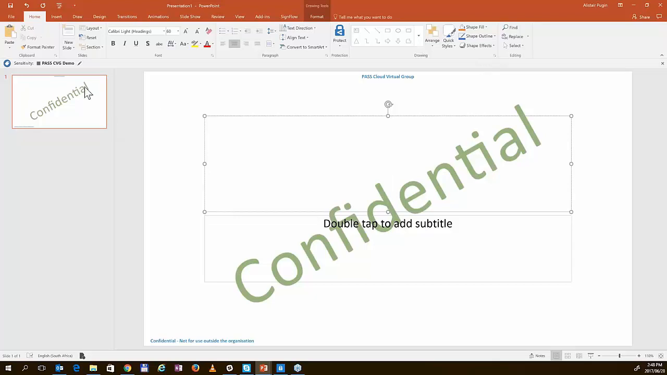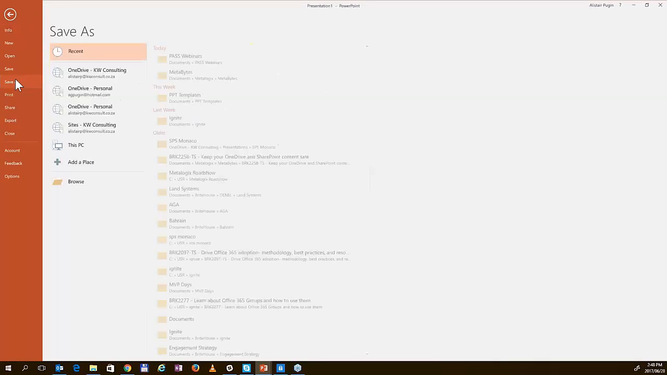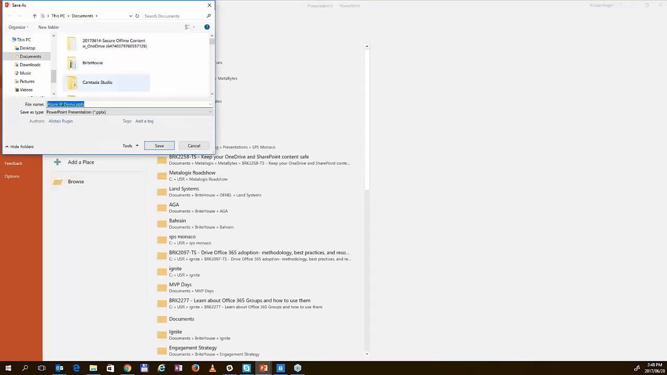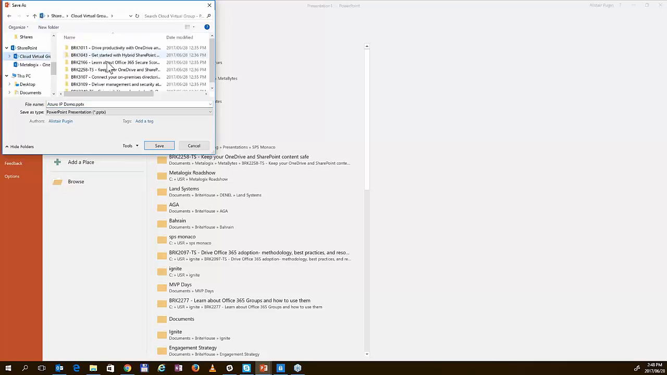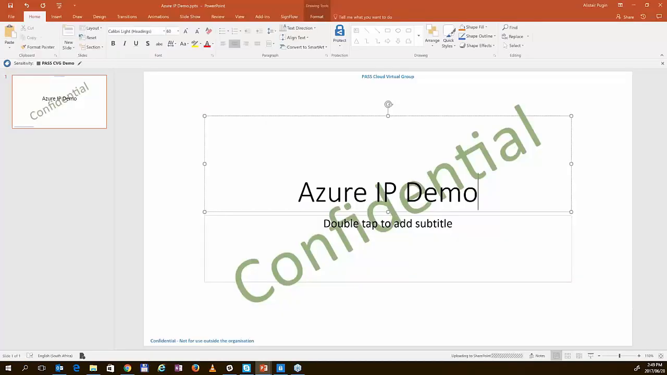So let's save this to a library. You can actually put some text in as IP demo, and I'm just going to save it to that specific library, which is the SharePoint library, so you'll see how it moves across. Okay, so that is now saved